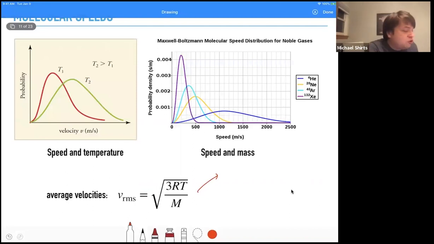So the root mean square velocity. Here the average is defined by taking all the velocities of all the particles, squaring them, averaging them, and then taking the square root. So let's take an example. Let's take, say, water vapor. So we have square root of 3, and we have,